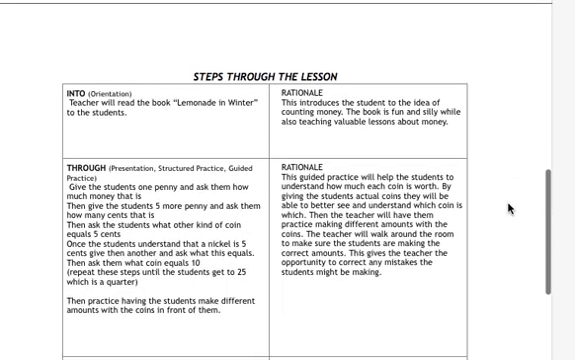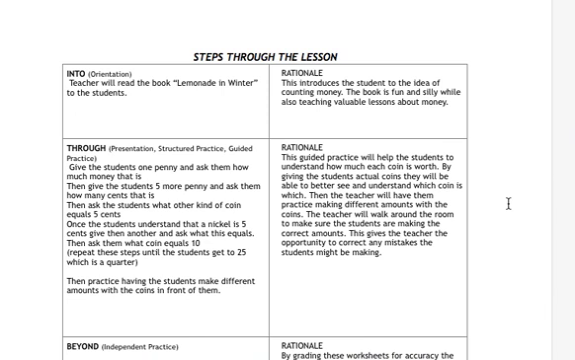So the intro to this lesson is that the teacher would read the book Lemonade in Winter. Not only does this go over the story, which is cute and funny and will keep the students' interest, but it also gives a good lesson on what money is and what coins are and what they cost. The last several pages of the book, especially, are a guide on how the main character taught her little brother what the different coins are, what they look like, how much they are, what their amount is, and what they're